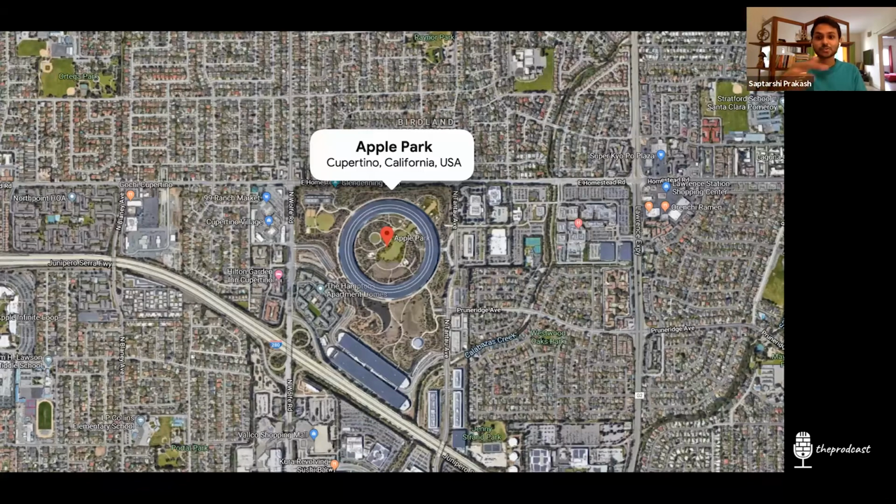But next time, now that you have been through this entire thing, next time when you see this ring and you hear the word apple, maybe you will think of, okay, this could be the Apple Theater or the Apple Park because I heard it in Saptar's talk. So you see how things get seeded in your head. And also before that, one simple word like apple could bring about so many different kinds of emotions in the minds of the people that it's really hard to imagine what someone would have thought about.